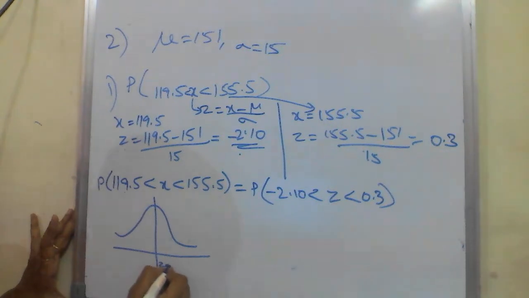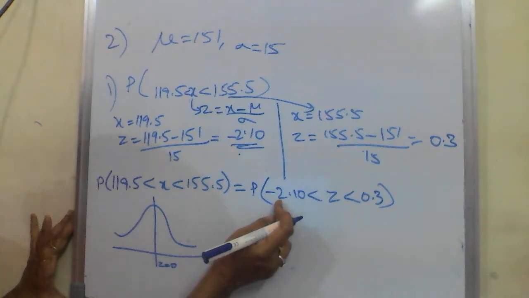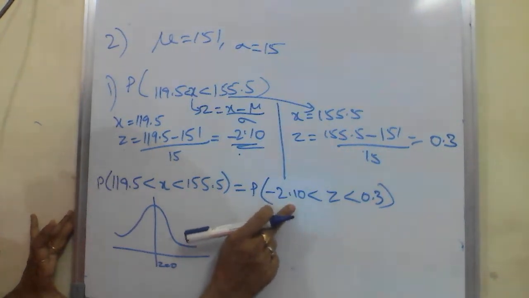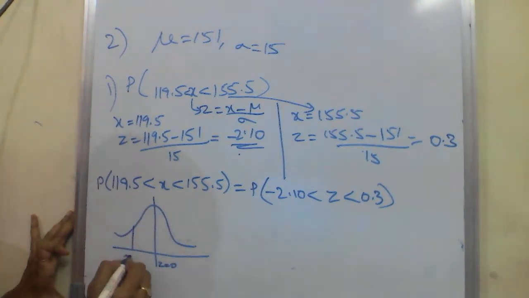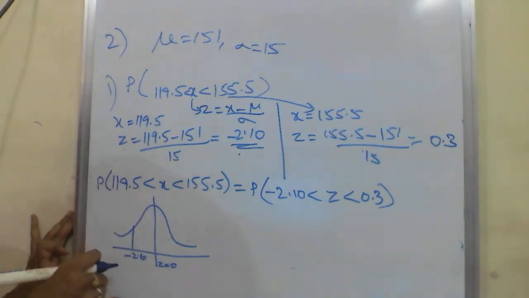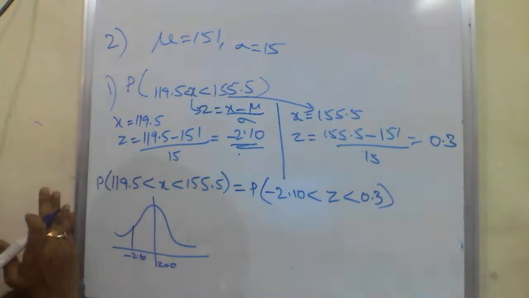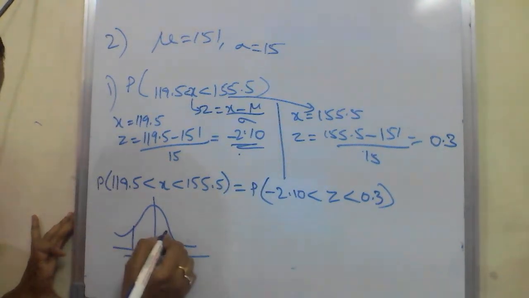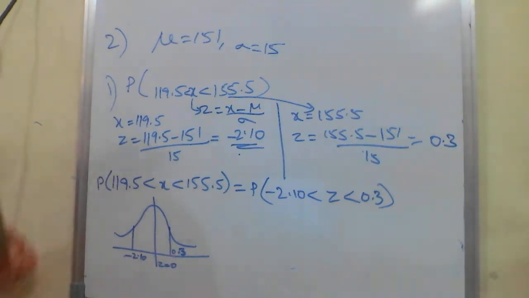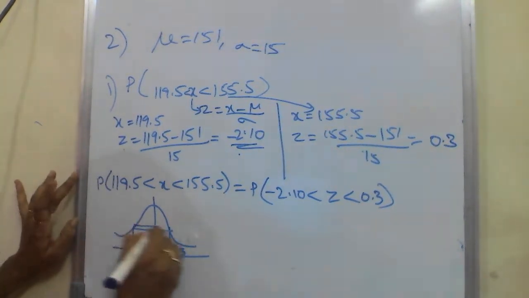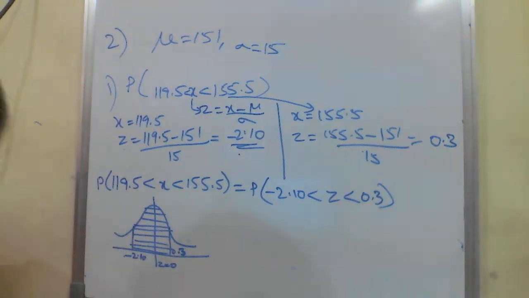So this is z equal to 0. And my value of z is between 0.3 and minus 2.10. Because this is minus 2.10, this will be to the left hand side of the curve. So this is minus 2.10, approximately we are putting. Don't think that you have to put it here only. Because it is minus, we put it on the left hand side of the line. And this is 0.3. Here, this is to the right of the line. So now my required probability is this total value. I have to find this particular value. Shade the region that you want.